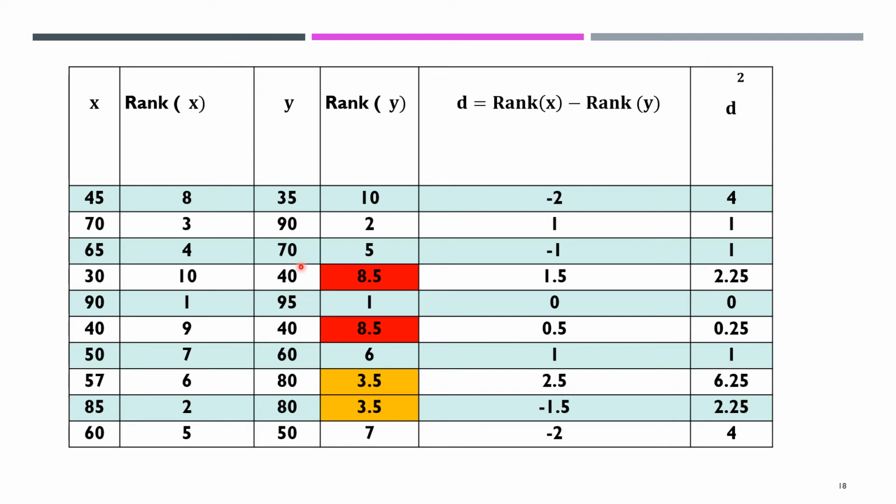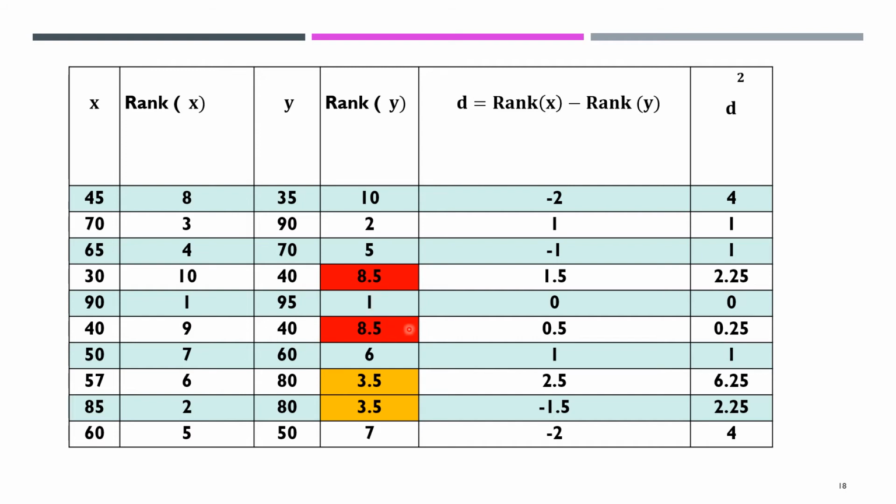The next highest number is 70, that is given as fifth rank. Then after that 60, that is sixth rank. Then 50, seventh rank. After 50, we have now 40. Again 40 is repeated 2 times. So after 7, we have to give the ranks as 8 and 9. But there is a tie between the ranks 8 and 9.